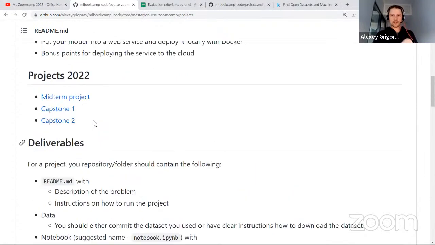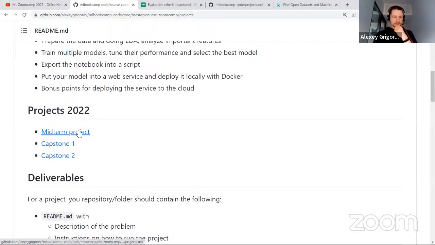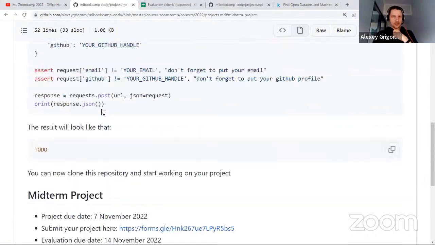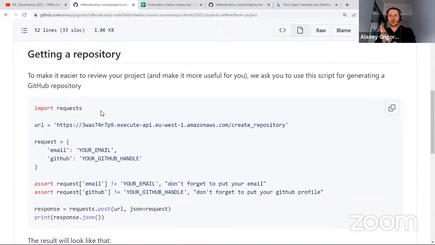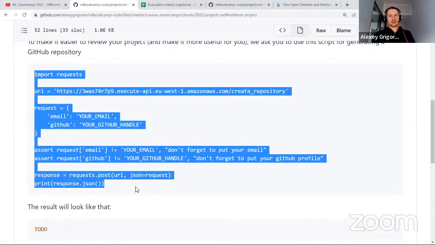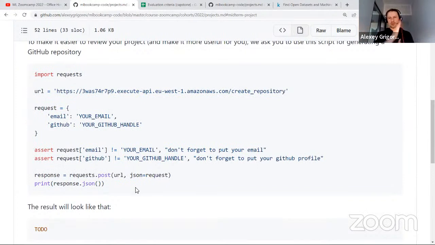And then specifically for this year, what is different from the last iteration, you can go to this thing. So last year, everyone would create a project in their GitHub profile, but here we want to have it centralized. This way we can organize the process easier, and then you will also have all the comments from your reviewers, from your peers in this Git repository. So you will need to run the script, and this script uses GitHub API to communicate to GitHub and then give you a project. This project will be created in